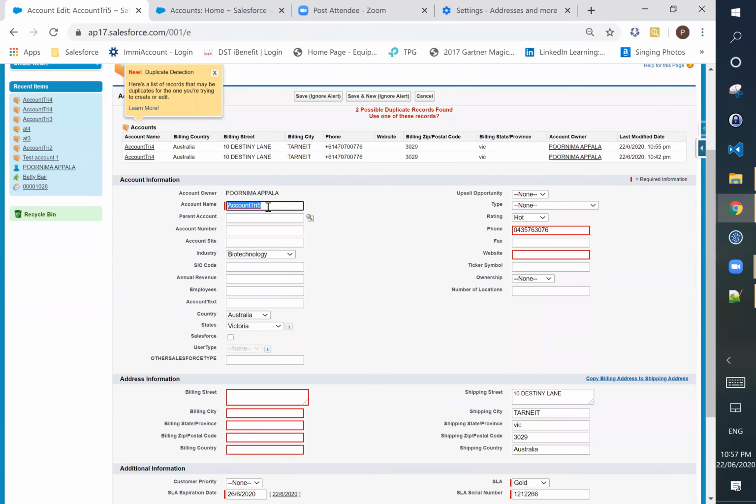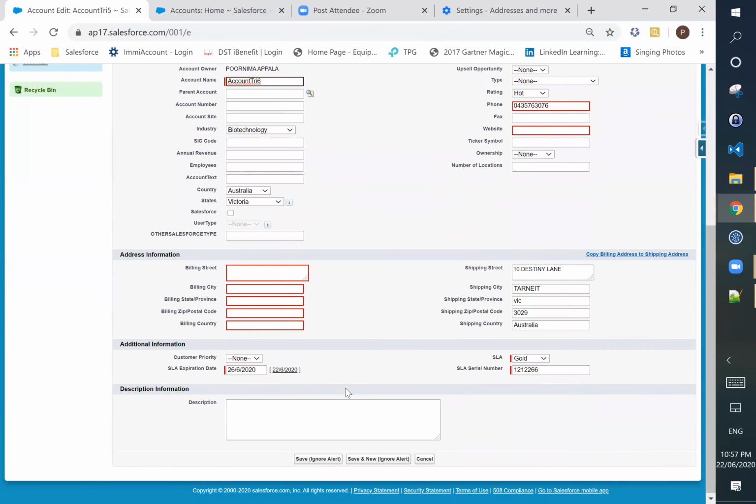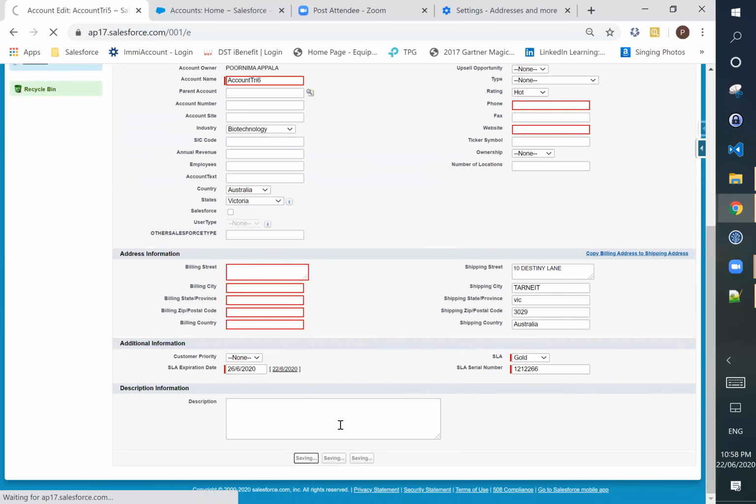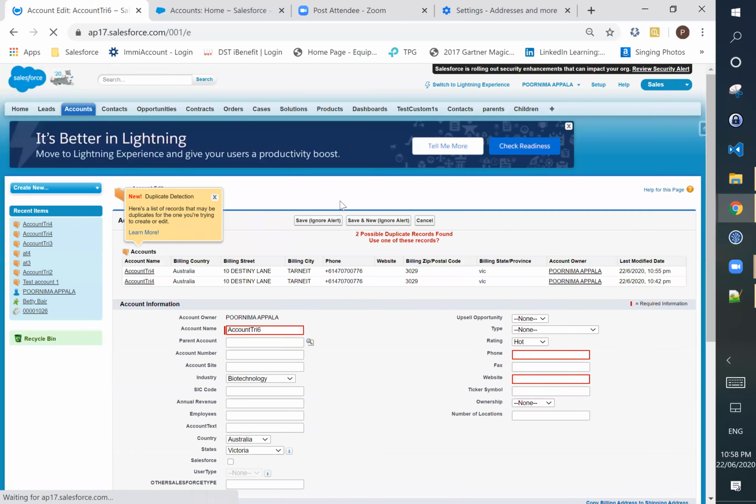Duplicate records. Give some number, give 4 or 6 something. Phone number also. Phone number as well. Use some 1, 2, 3, 4, 5, 6, 7.